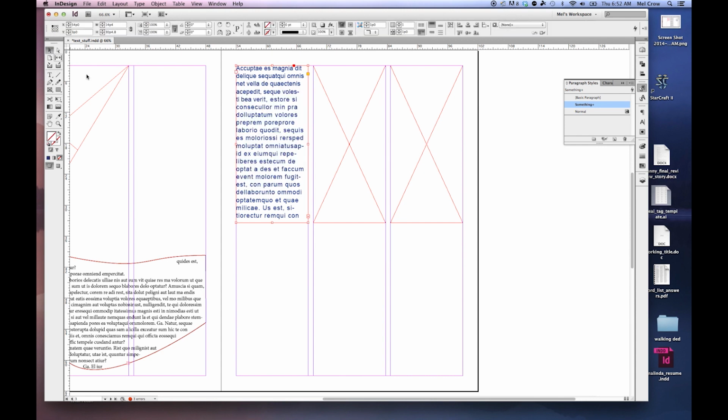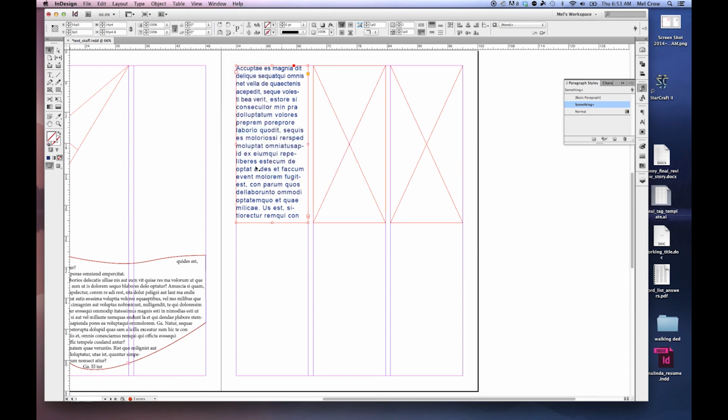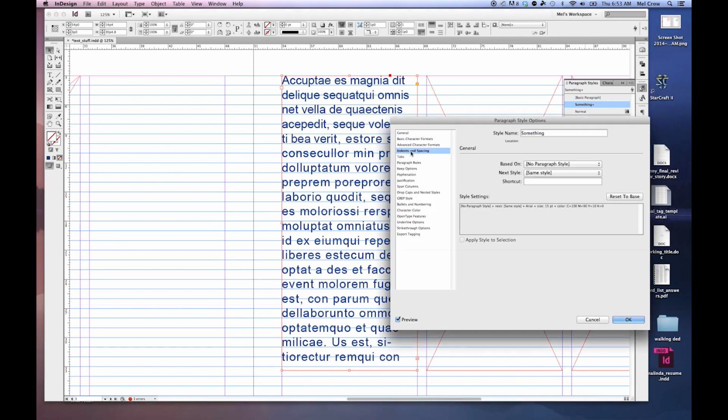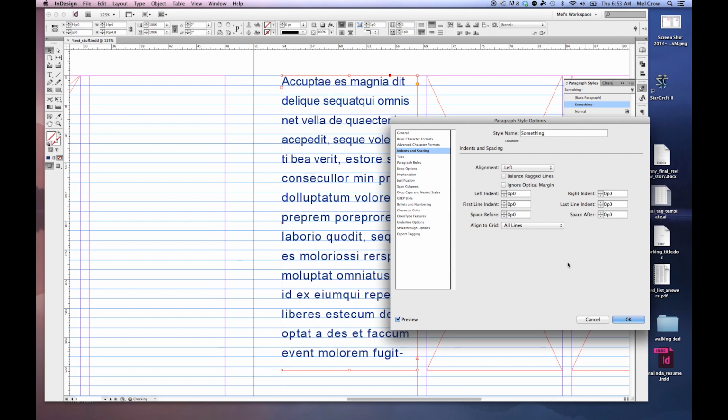One thing I would recommend when using a multi-page document and a lot of text is to snap it to the baseline grid. View, Grids and Guides, Show Baseline Grid. Basically if I zoom in here, it's going to look like a lined piece of paper. And as you can see, this text is all over the place. Once you have a character or paragraph style, you can edit it, go to your indents and spacings, align to grid. We're going to say we want to align all of our lines,